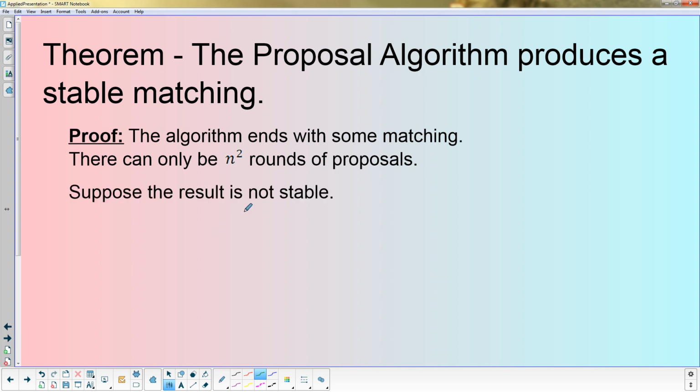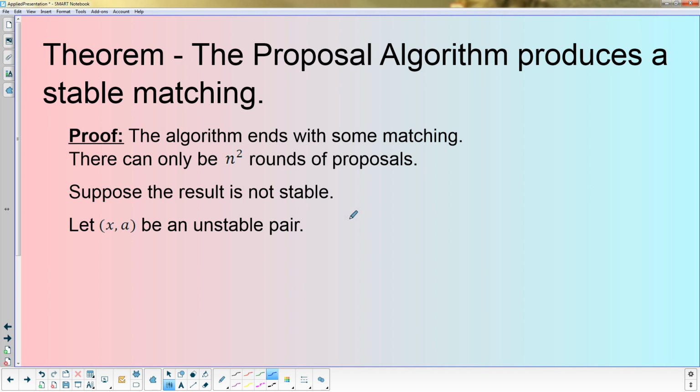To prove that the matching that we have is actually stable, we're going to assume the contrary. We suppose that the matching is not stable, looking for a contradiction. So we're going to let XA be an unstable pair. What we're really saying here is that